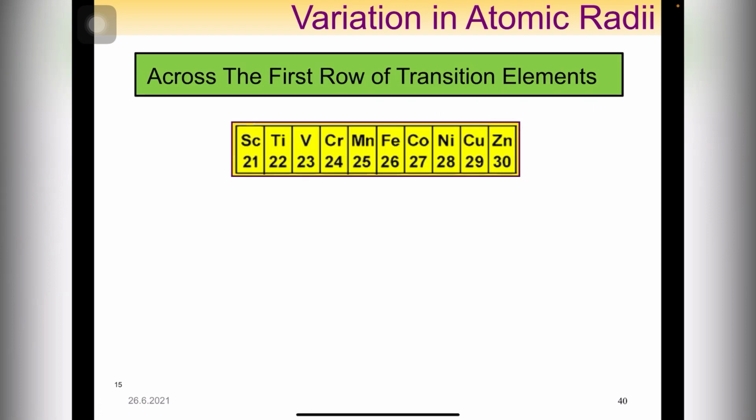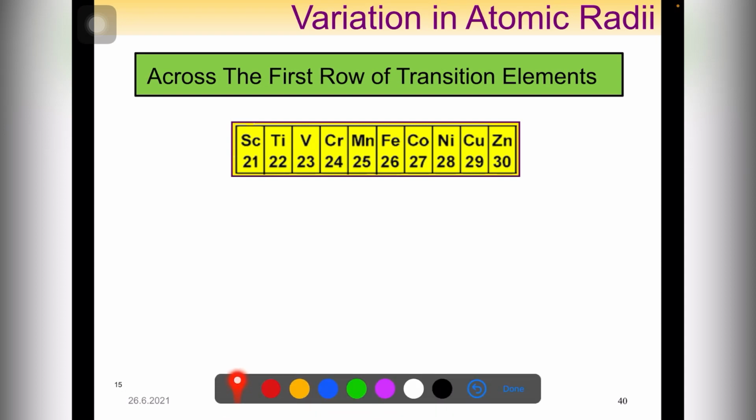Okay, next, let's see the variations for the elements across the first row of the transition elements. So these are the elements for the first row of the transition elements at period 4, starting from scandium until zinc. In 3.1, I showed you the valence electronic configurations for scandium, which is